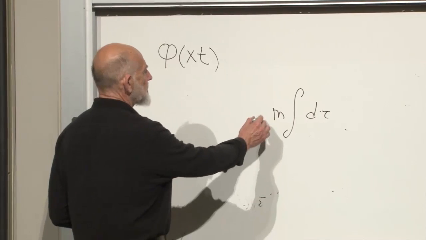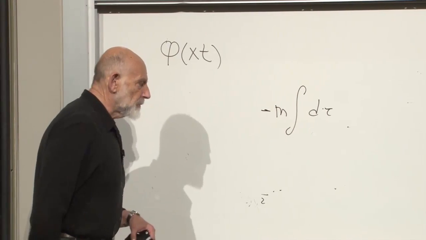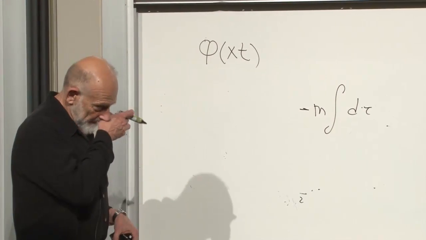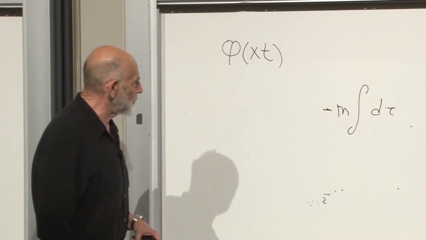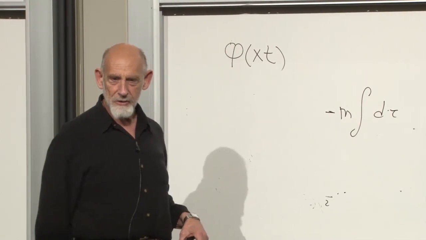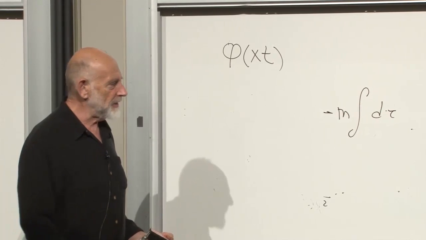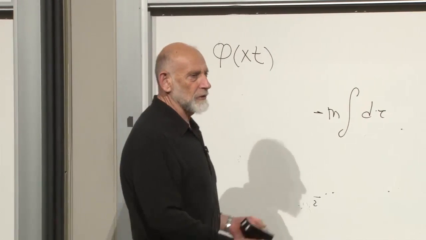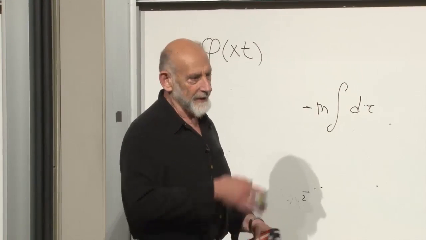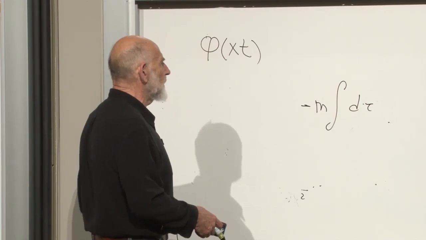It behaved like the non-relativistic mass when the particle was moving slowly. And there was also a minus sign. Surprisingly, there was a minus sign there. It always surprised me when I was a young person learning this. Why do you put the minus sign there? Well, you put the minus sign there so that when you work it out and look at slow motion, you get the right non-relativistic answer. But this was it.